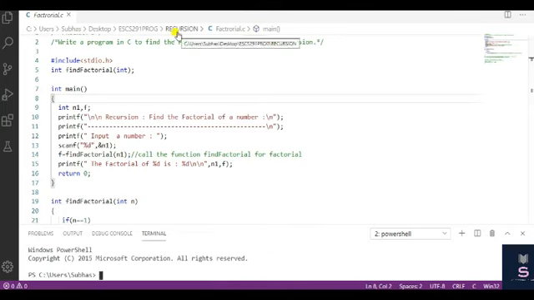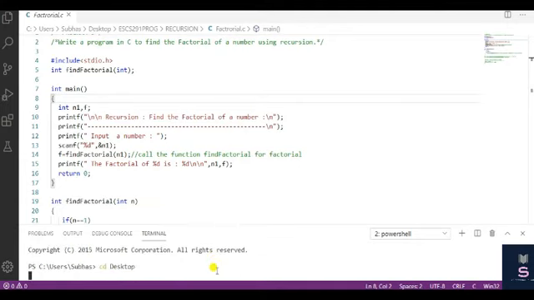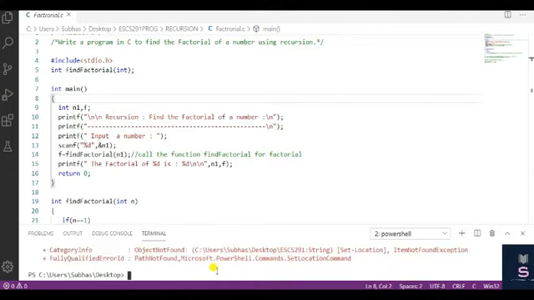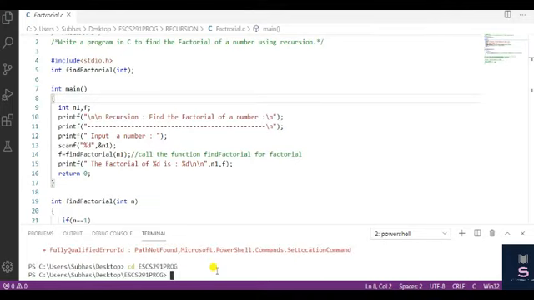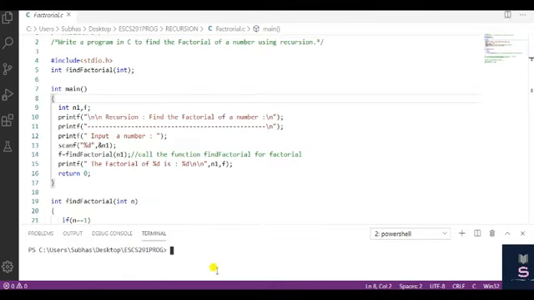The program is on my desktop: cd desktop, then cd into the folder, that is the name of the folder, sorry, PROG, then cd recursion, then the name of the file.